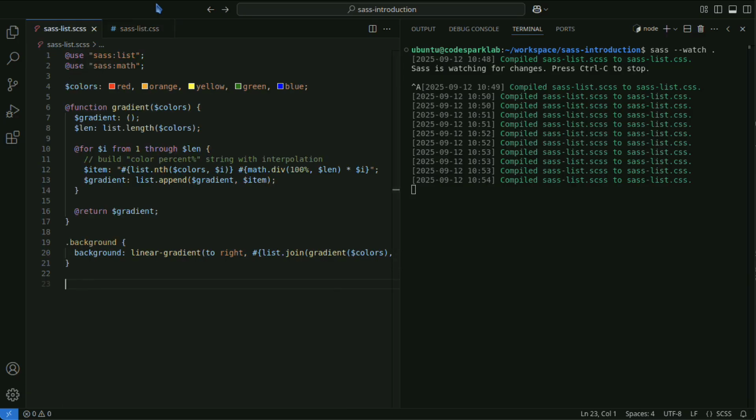List separator type. Comma-separated and space-separated lists are treated differently, so you need to choose appropriately according to the situation. List size. When manipulating lists dynamically, it is safe to check the size using the length function. Managing nested lists. When handling nested lists, careful index operations can help avoid errors.